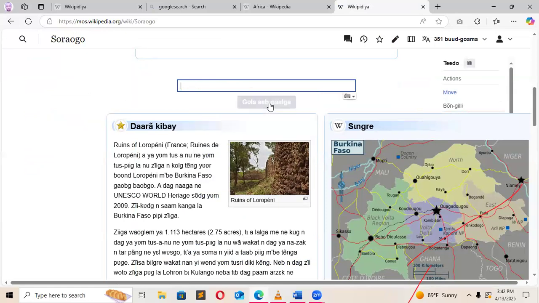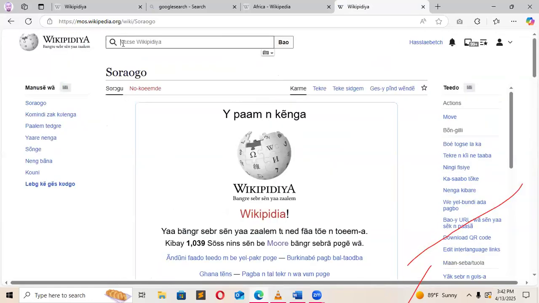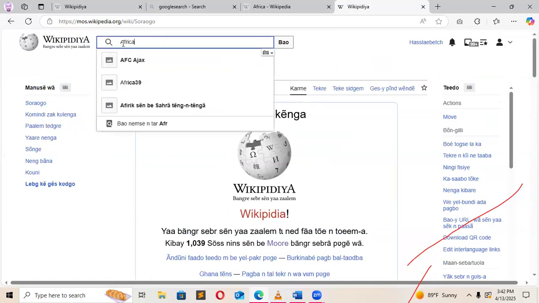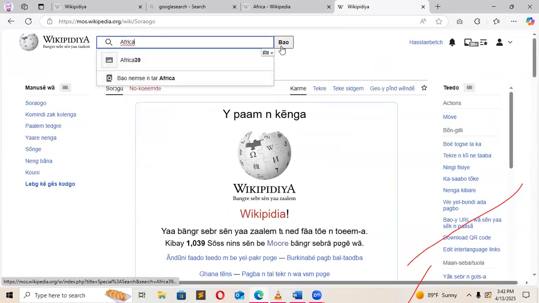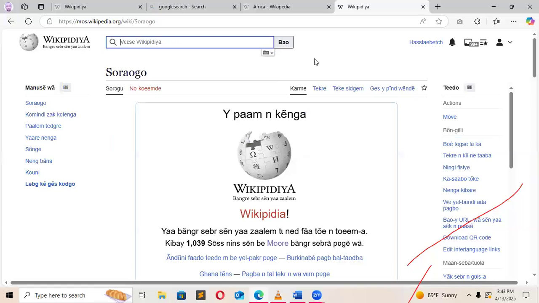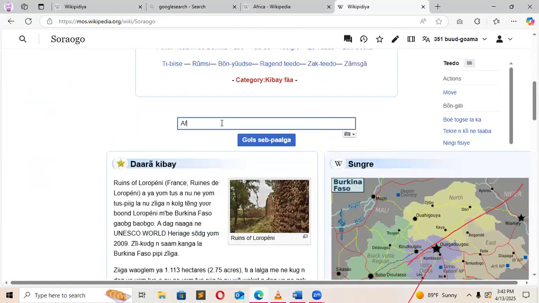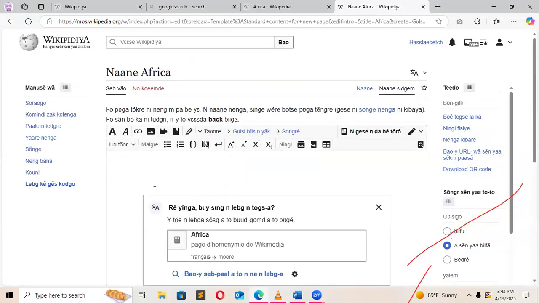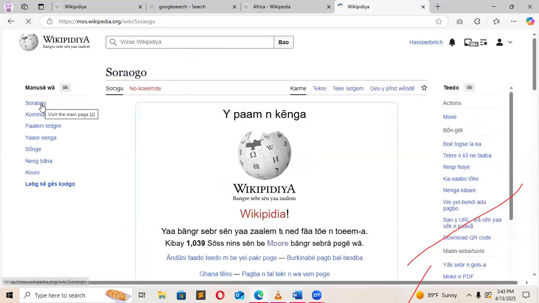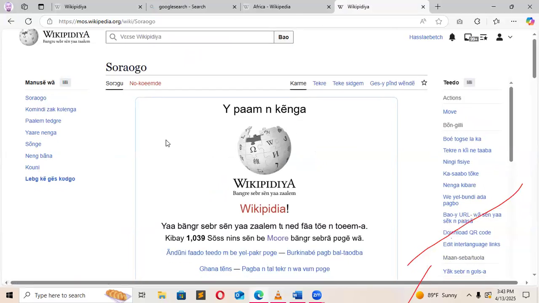If you click on that, write a new article, Gulse Sepalaga, it will open a fresh page for you. Through that fresh page, you can write the heading, and you start writing. So that is basically how we write an article with our new site.